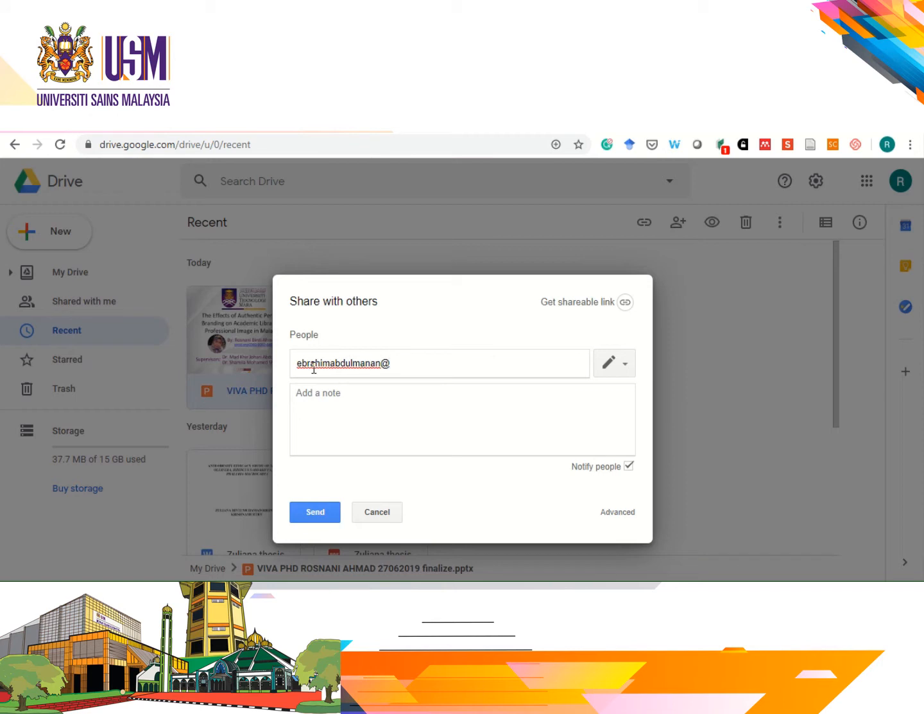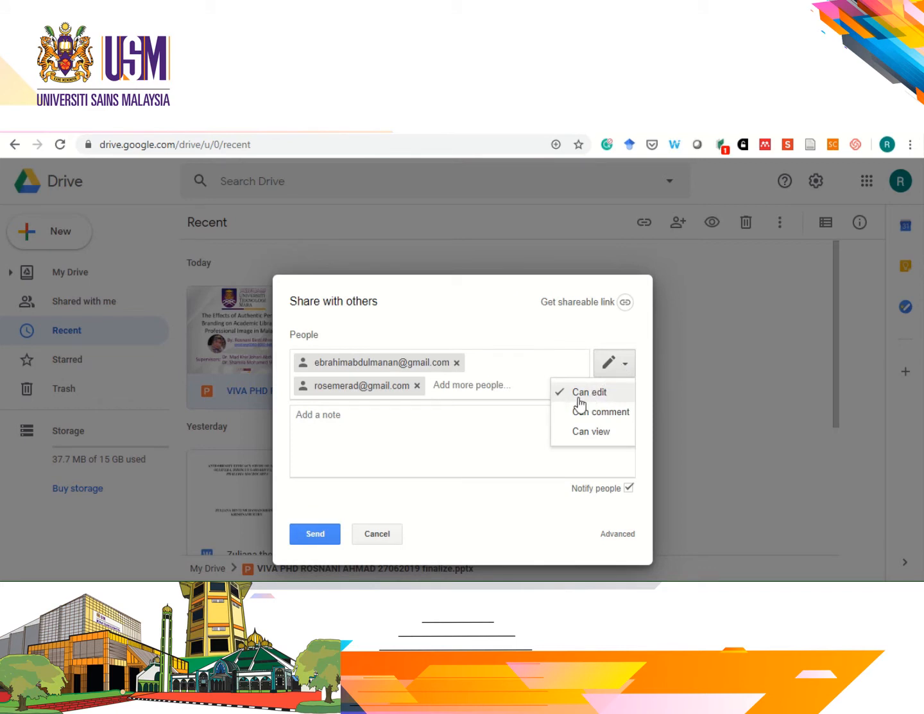Right, and then you can also put other person's email. Okay, for example, I'm putting at gmail.com, and then the next step, please make sure you take the options that you are giving the permissions to